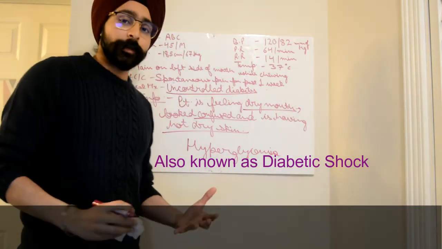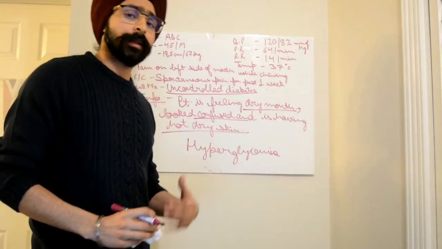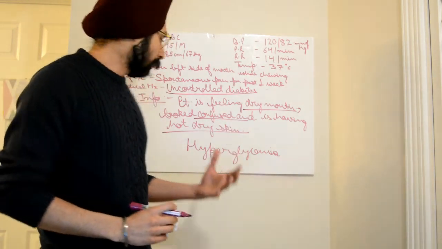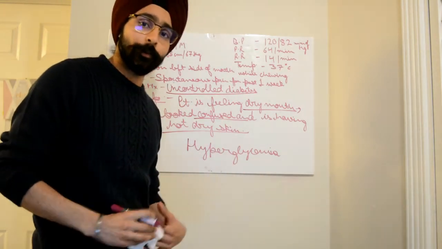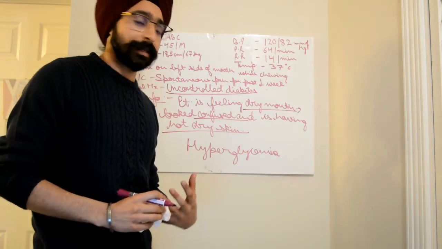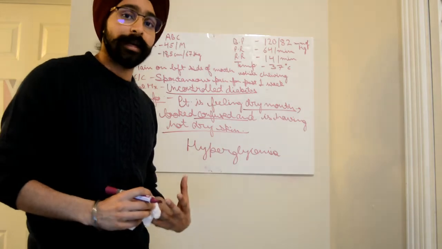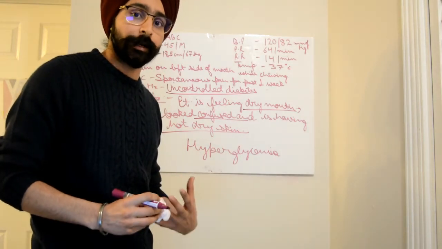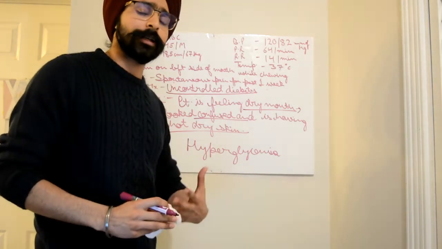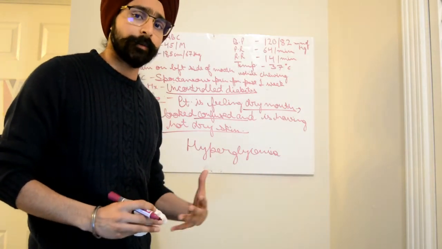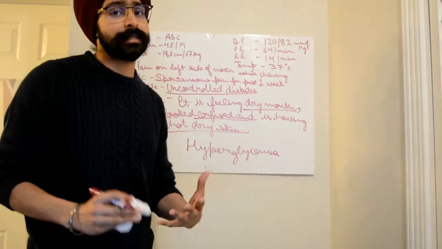Just for your information, guys, hyperglycemia does not set in very rapidly. It takes a few days for hyperglycemia to show its proper symptoms. But for hypoglycemia, the symptoms can be felt very suddenly. So hypoglycemia is a big emergency for a dentist, and hyperglycemia is not considered that big an emergency, but for the ACJ exam we need to remember hyperglycemia and its signs and symptoms.